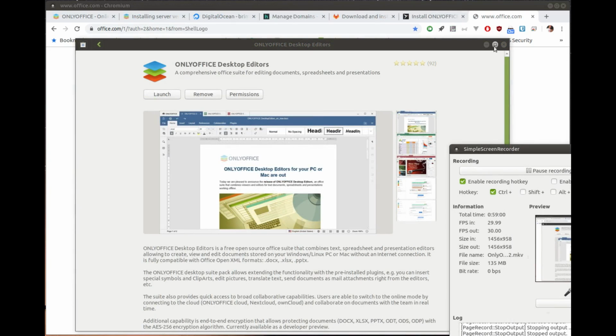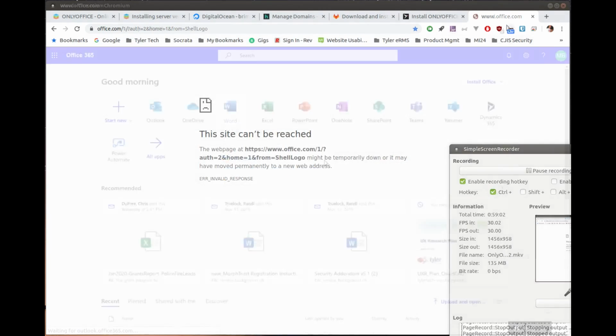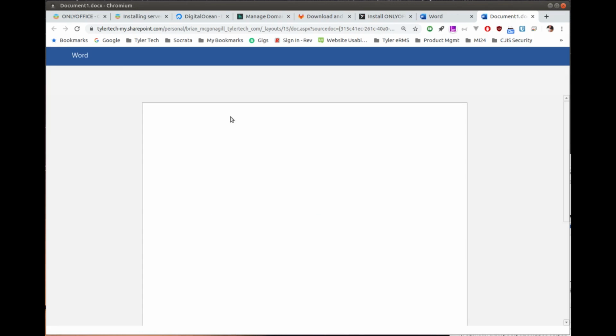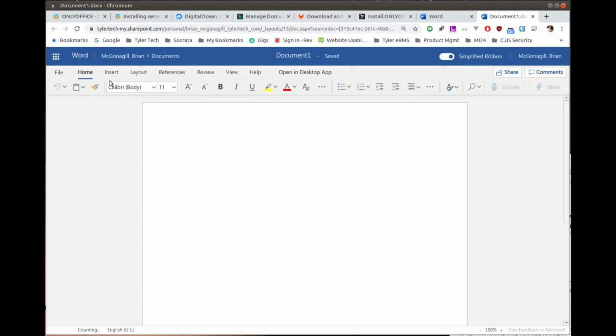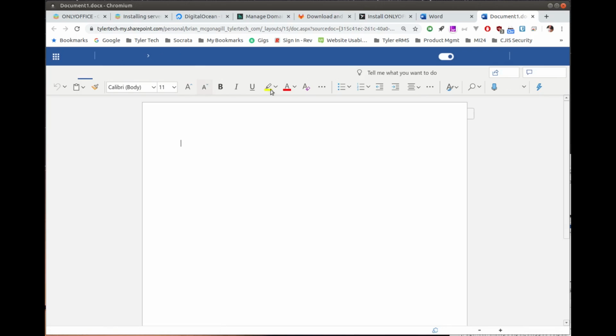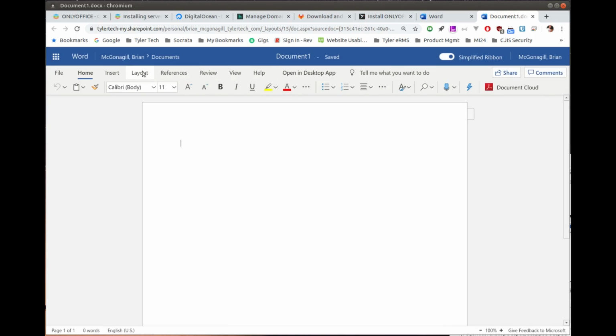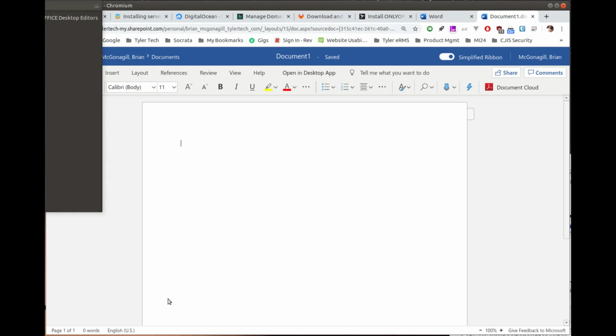So I'm going to close down the software store here. I want to show you what Word looks like here, whenever you bring it up. This is what I have to use for work. So you can see it has a pretty similar look to what you get with Word. Kind of a minimized, what I call ribbon bar up here, but as you click across, you get different things that you can do. So if I go into OnlyOffice,